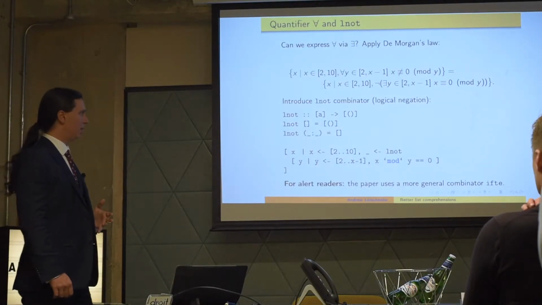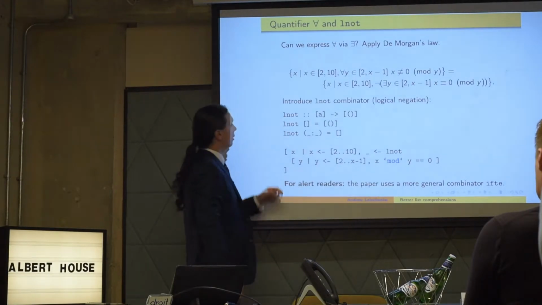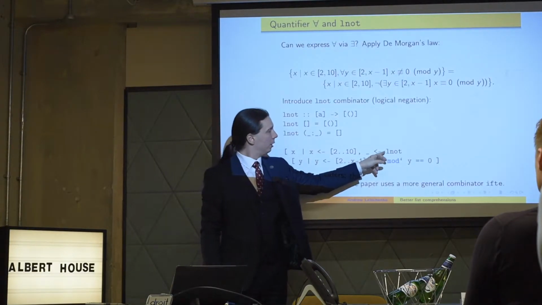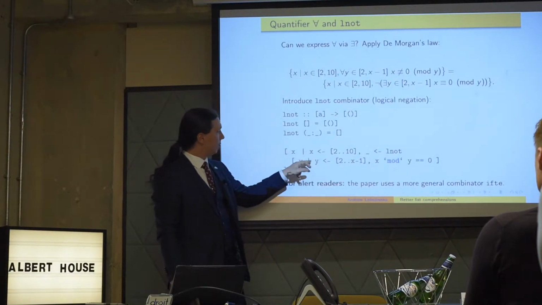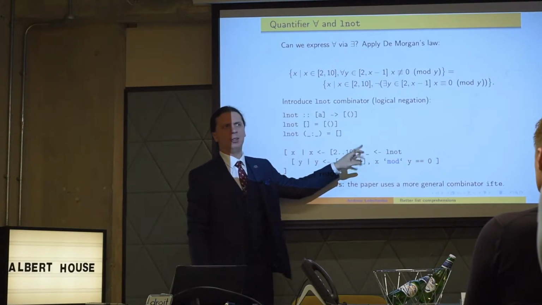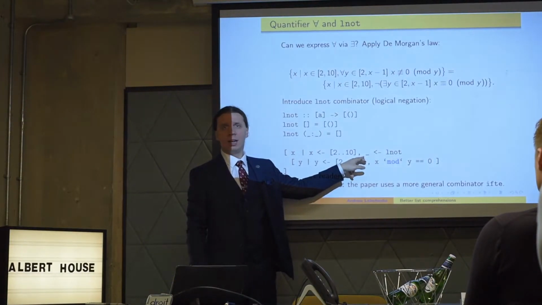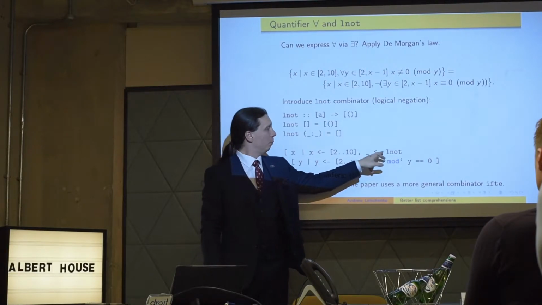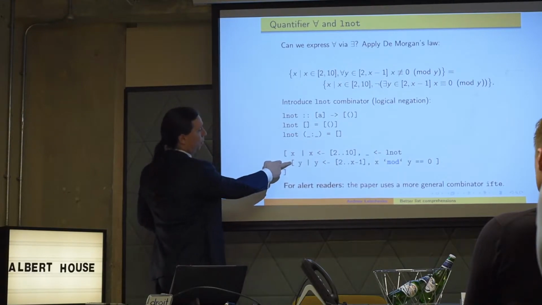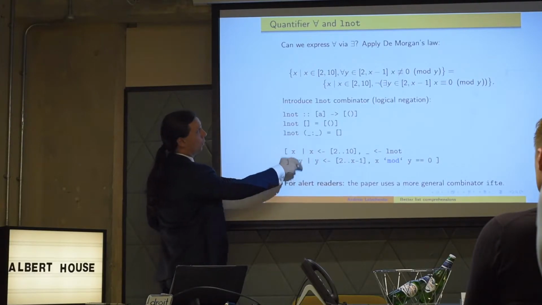The effect of this is that if I use the output of L naught in this list here, say take X from this list and take some variable, I don't care about it, I'm not going to use it, so I'm not going to even name it. Take this unnamed variable from this list. So if this one inner list comprehension was non-empty, if there were any y's which divided X,